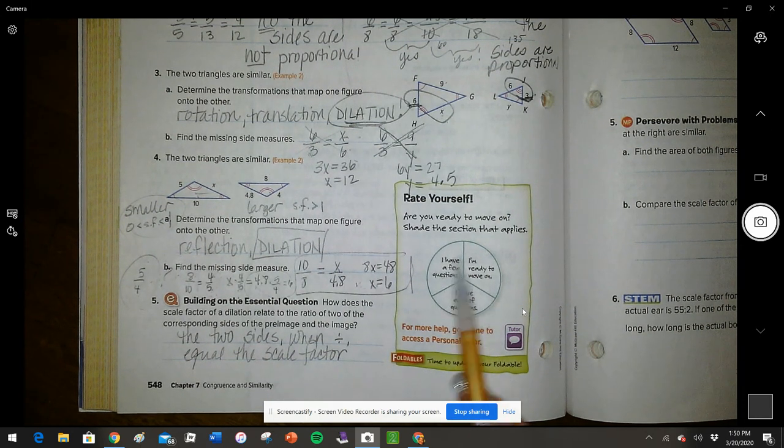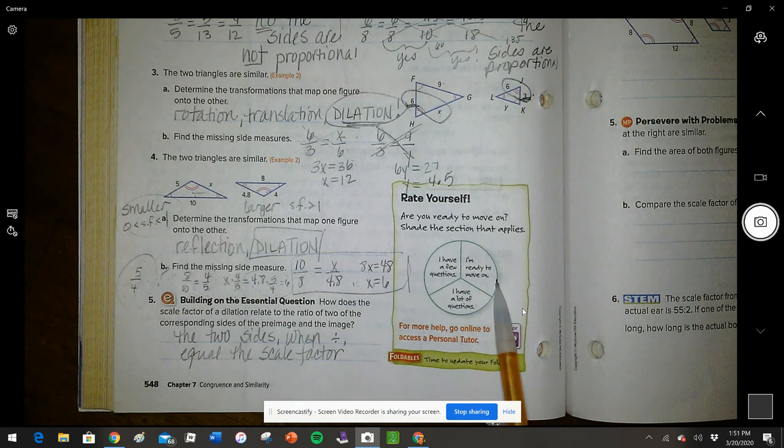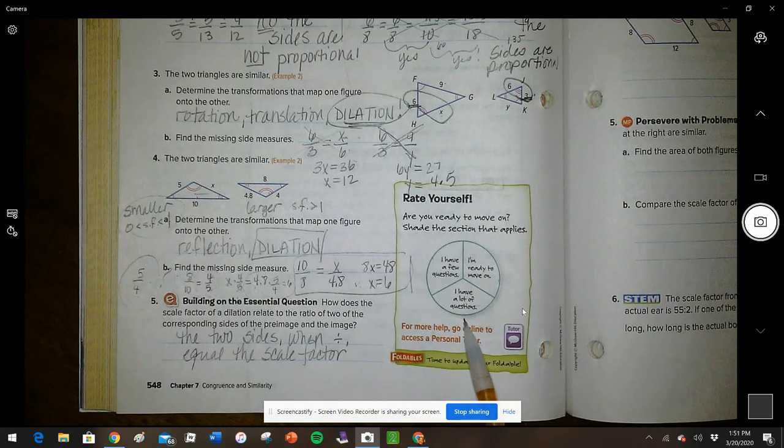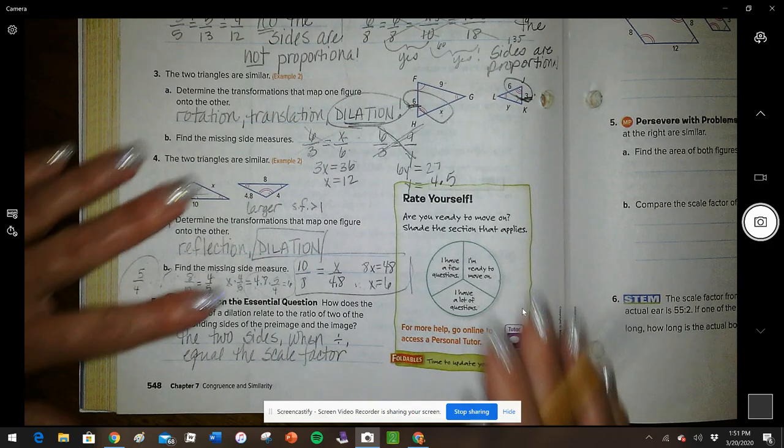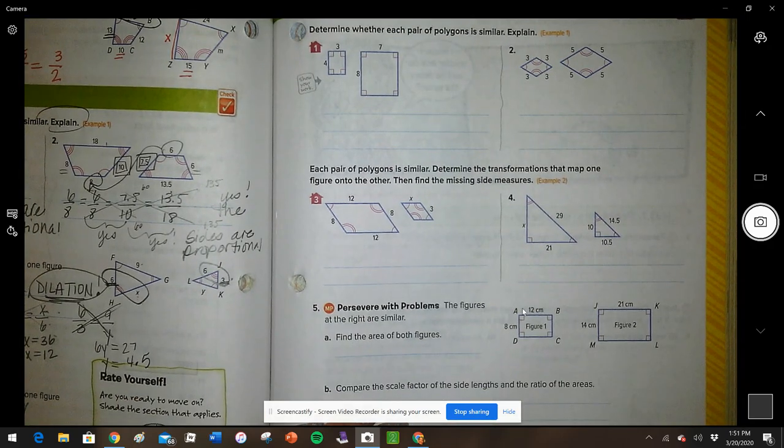Okay, so go ahead and give yourself a rating. Are you ready to move on? Do you have a couple of questions? Do you have a lot of questions? Give yourself a rating, and then what I would like to see you do is page 549,